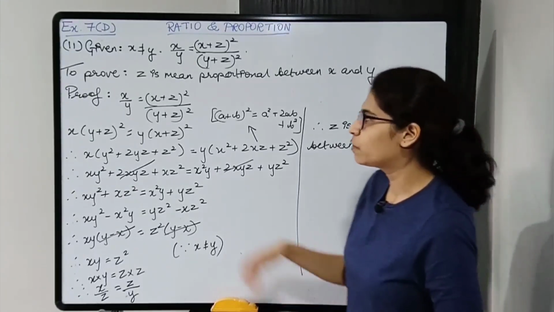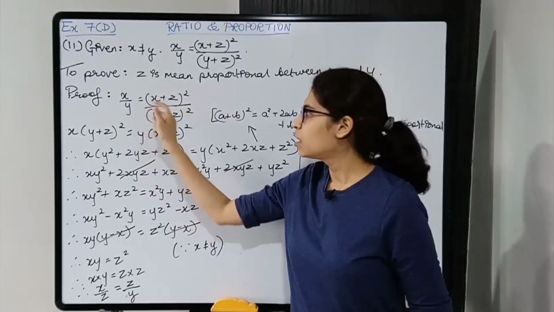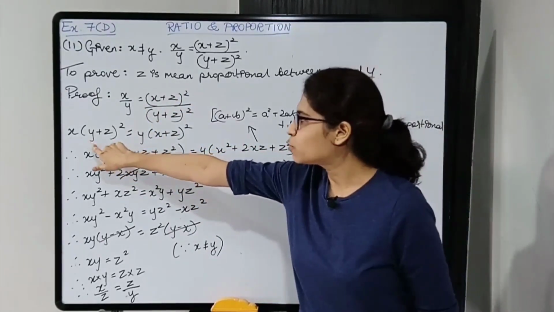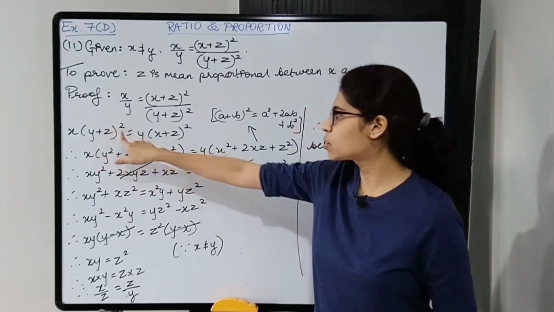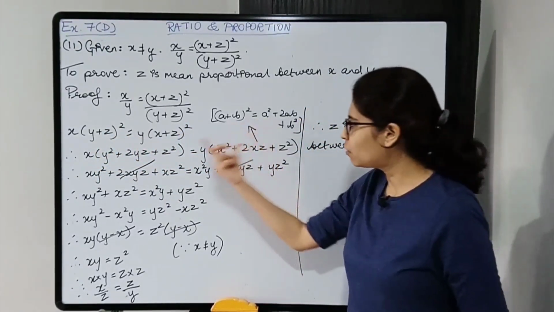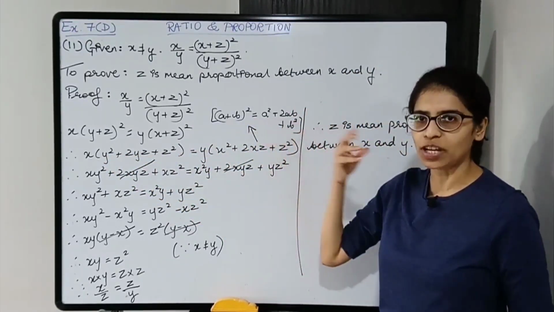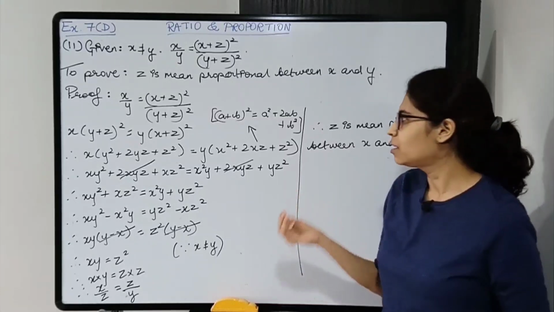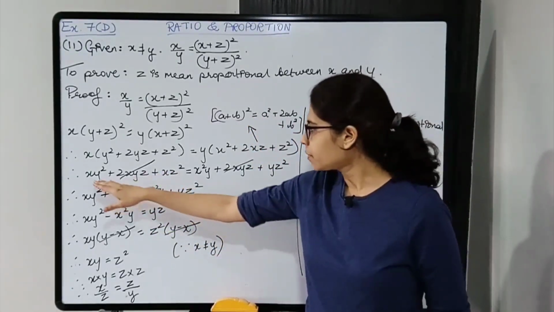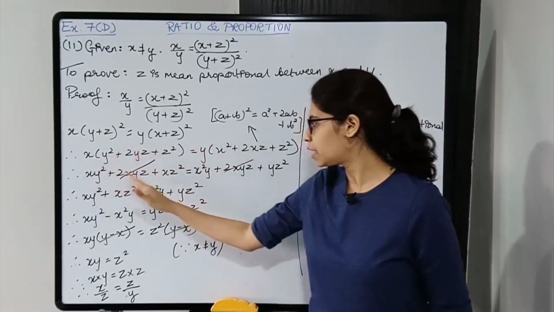Starting with the proof, you'll always start with the given. क्या given information है? So starting with the given, cross multiply, solve further. We'll open the brackets. That is using the identity a plus b the whole square है, a plus b the whole square है. Applying the formula. So when you are expanding the brackets, you have to give the reason which identity you are using. Okay. So give the reason for identity. Over here we'll multiply the brackets. Okay, that is, we'll open the brackets and multiply the terms.